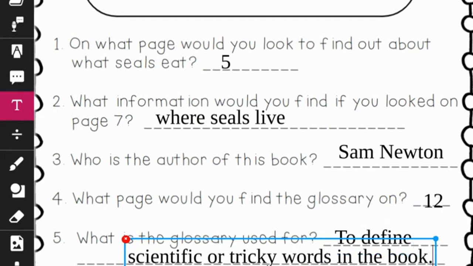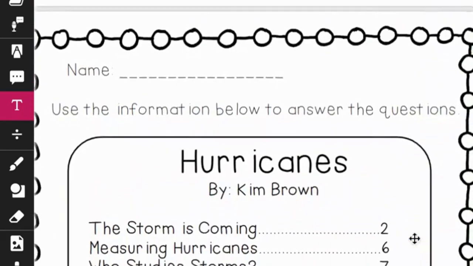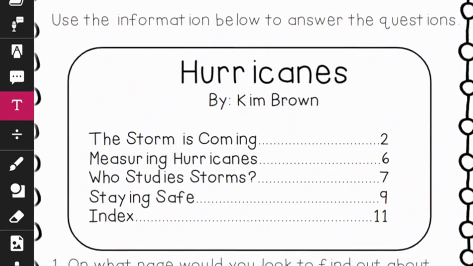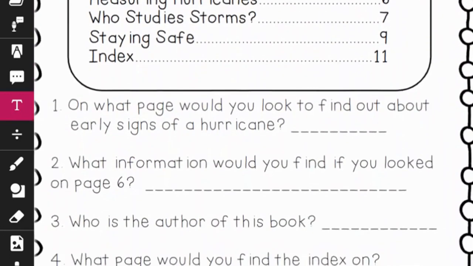Now it's your turn to try. Your teacher is going to pass out a similar worksheet. This worksheet has a sample table of contents for the book Hurricanes by Kim Brown. Answer the questions independently the best you can. Question number 5 asks